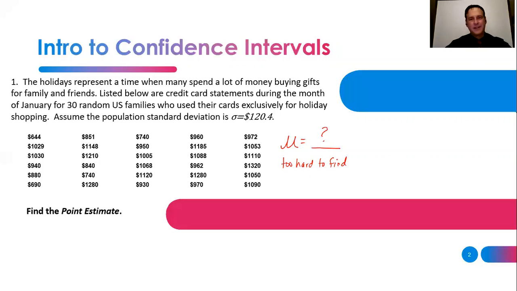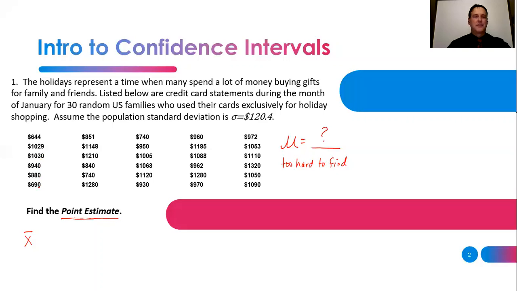If it's too hard to find, the most we can do is estimate what this may be, and that's what I'm going to find down here, a point estimate. Since I'm talking about means, and mu is the all-purpose calculation I'm really looking for, which is again too hard to find, the best thing I could do is find a sample. Our sample mean is represented with an x bar. I coincidentally have a sample of 30 credit card statements from across the United States, and those are the